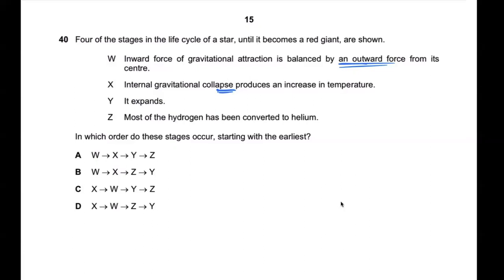Yeah. So the... All right, just a second. It's until it becomes a red giant, inward force is balanced by an outward force from the center. All right. Oh, so this is until it becomes a red giant. I thought it's maybe after this stage. So it basically has to do with the stable life cycle of a star. All right. So yeah, this is